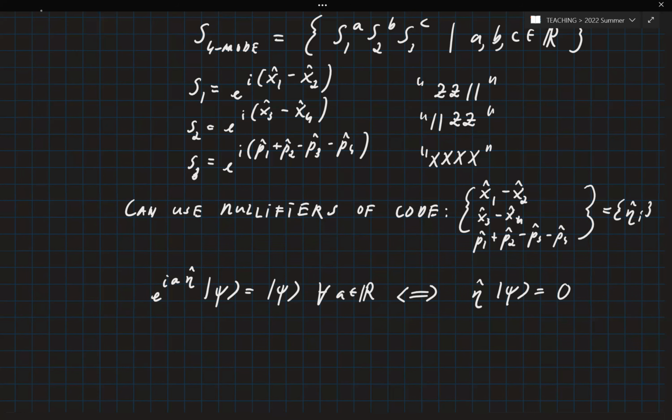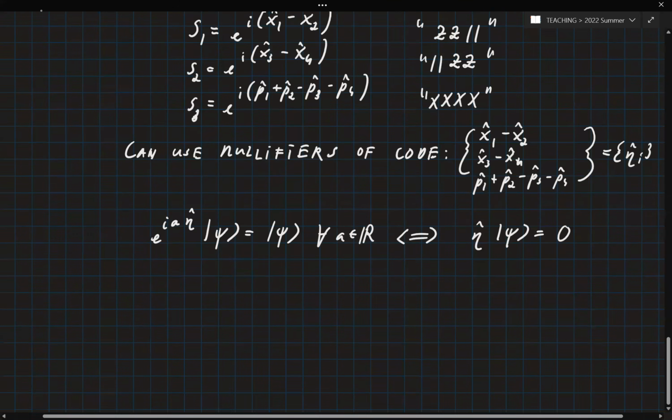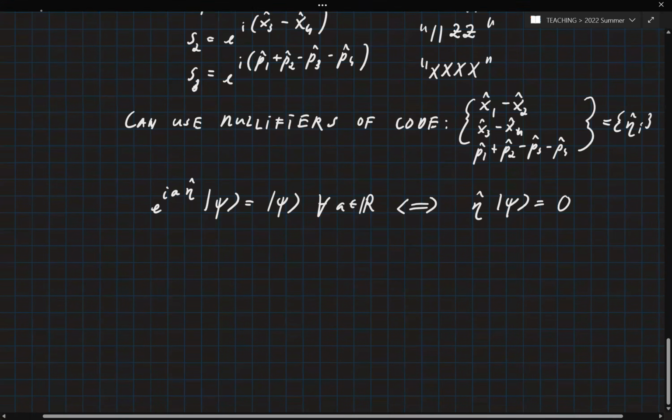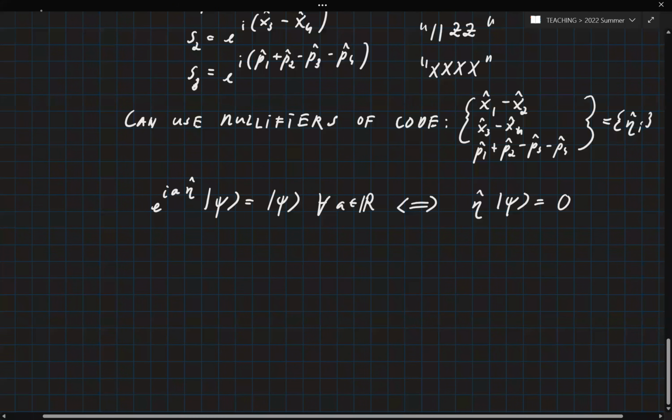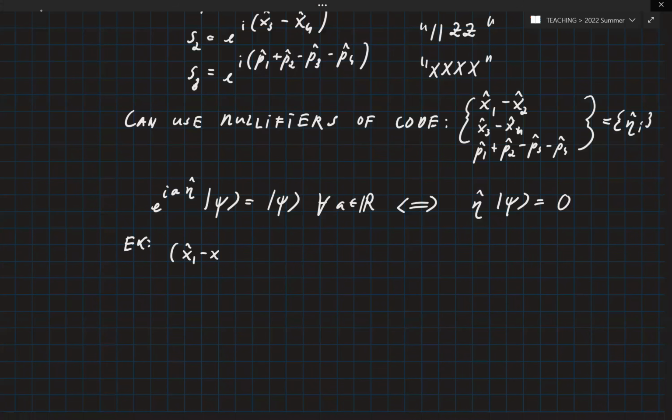If we can take any power a of this non-compact displacement operator generated by eta and still get a +1 for the code state, then we might as well just look at the generator of this thing in the Lie algebra sense and bring that downstairs, and you'll see that it just winds up annihilating the state, because otherwise we would not be able to get the left-hand side to work out for any value of a. For example, for the 4-mode code, if we look at the annihilator or the nullifier,